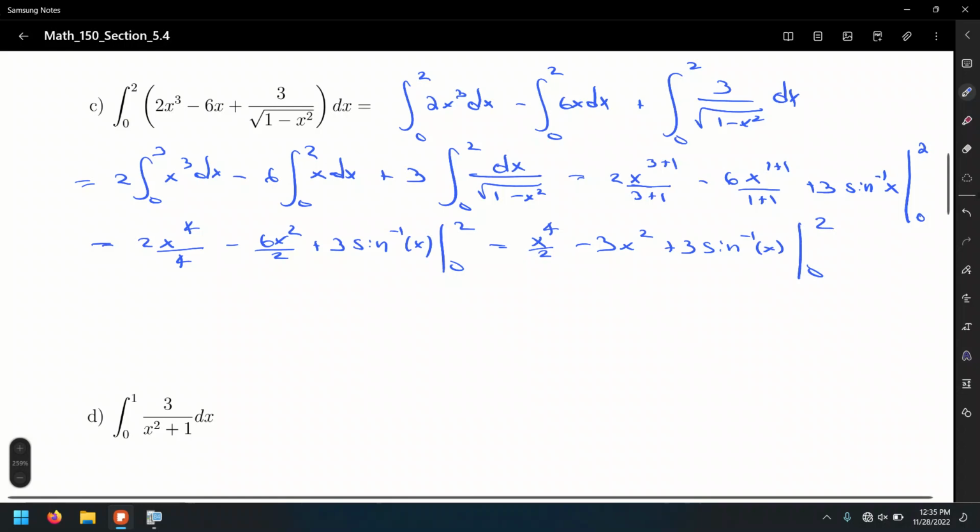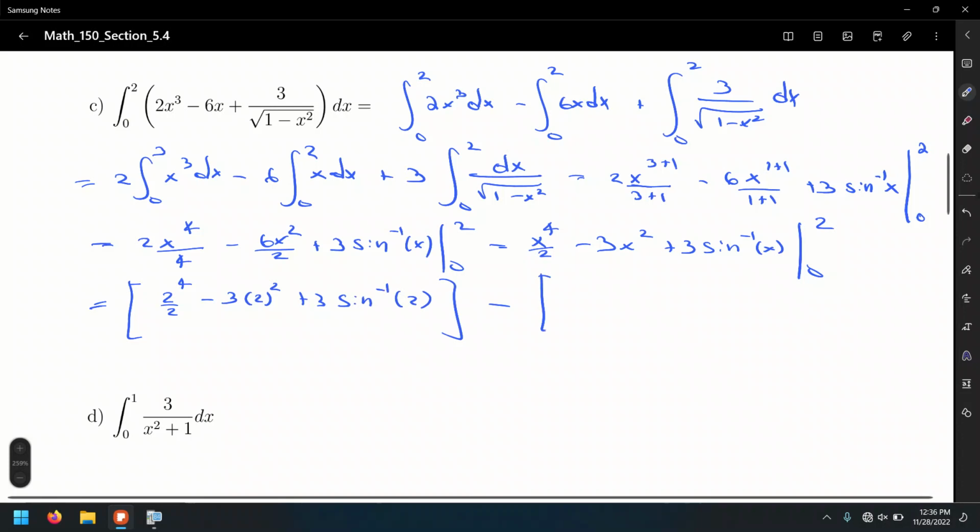I know right now I'm writing a lot of steps, a lot of symbols, but again, once you get to practice a lot of this, you should be able to pretty much go from here to here, to this point. For right now, I'm doing the whole thing. All right, so that's upper limit minus lower limit. So that's 2 to the 4th over 2 minus 3 times 2 squared plus 3 times sine inverse of 2